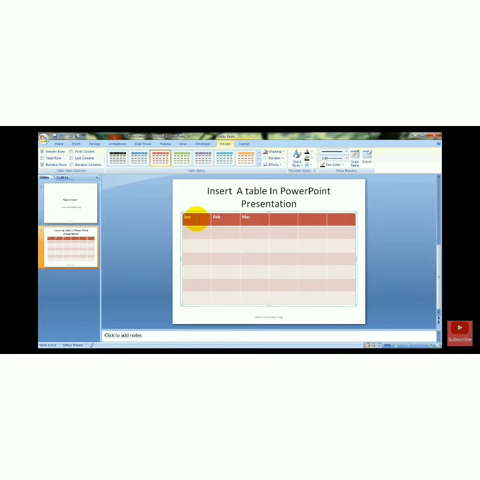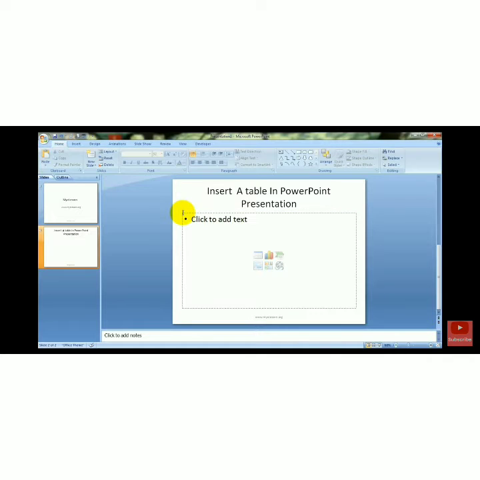After that, you enter the data in your table. For going to the next cell, you have to press Tab key. Okay, children, and simply you can write the field names that you want to write in rows and columns like this. Your next topic is editing a table. You can read these topics by yourself because these topics are very easy.